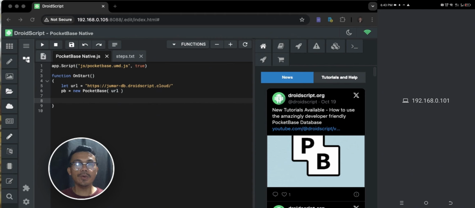In this video, we will create a DroidScript application that uses PocketBase database and integrates OAuth2 Authorization in signing in and signing up our users. In this tutorial, we will be using Google OAuth2 Authorization, but you can use other OAuth2 providers such as GitHub